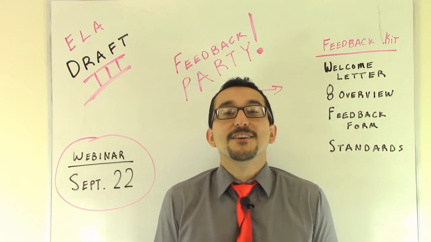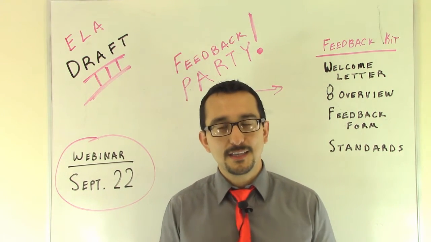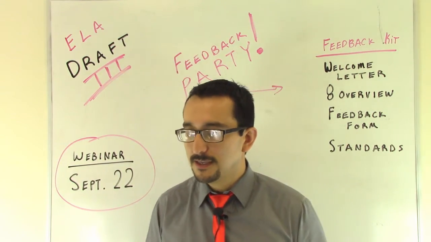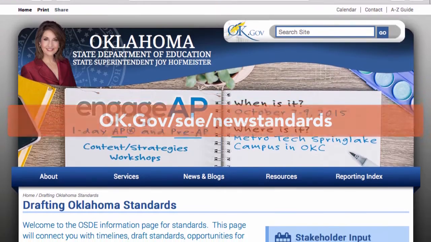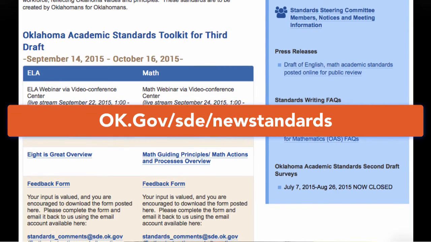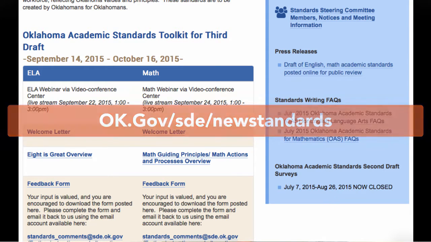It's finally here, Draft 3 of the English language arts standards. And I can't wait to share it with you. It is available live on the State Department website at OK.GOV/SDE/NEWSTANDARDS. You'll find that it's updated and there's lots of goodies for you to download and take a look at,